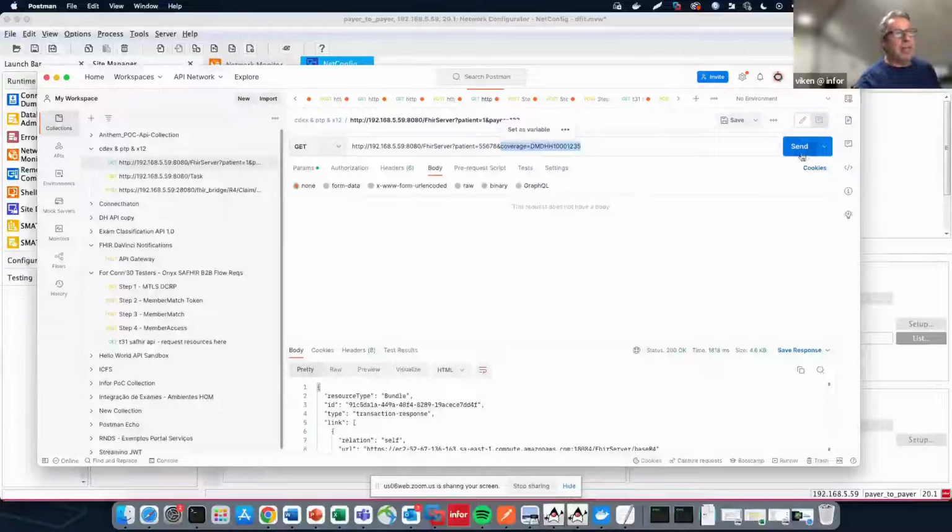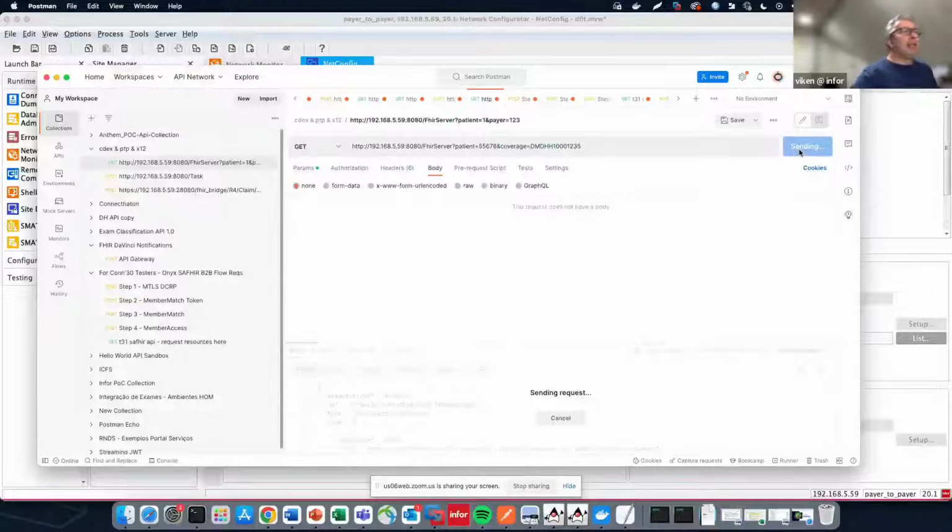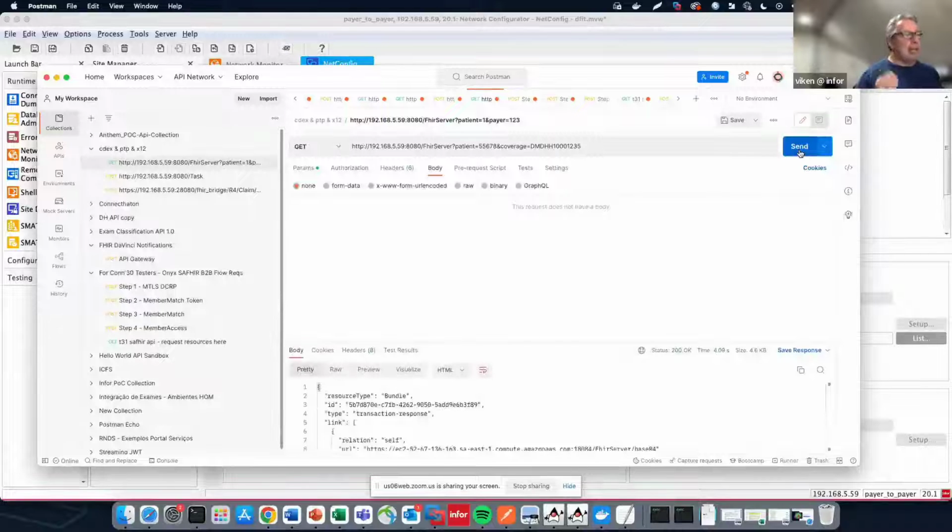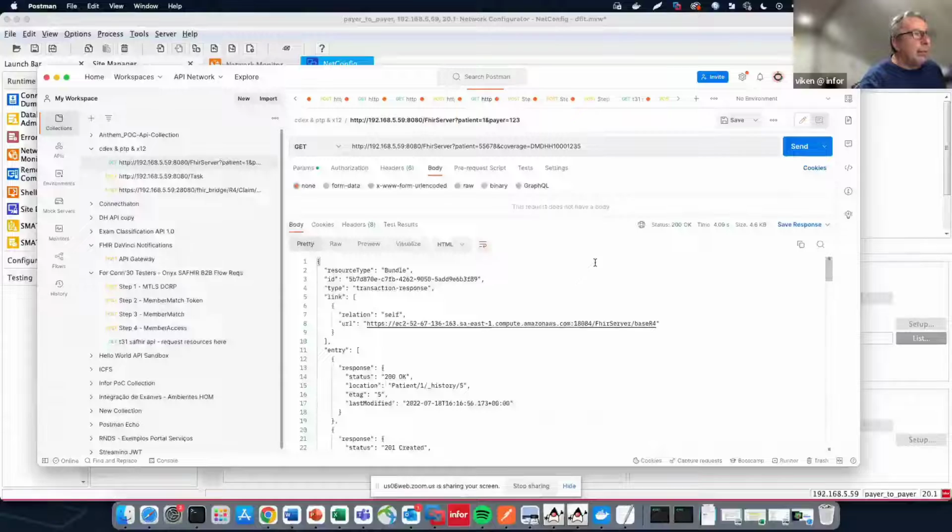So what's going to happen here, once I click send, Cloverleaf is going to go through all that workflow that I was just describing, and there you go. And for the purpose of this demo, I'm returning the response of the bundle post from my FHIR server.